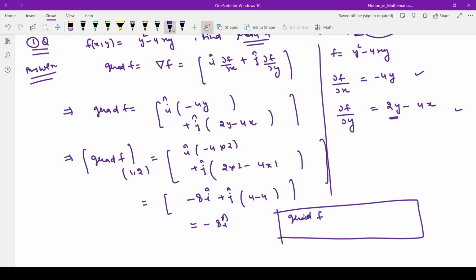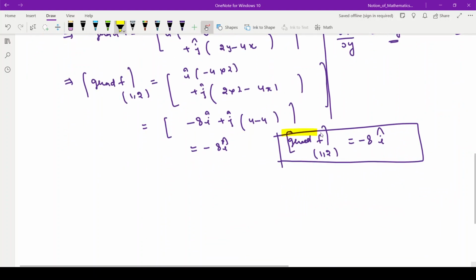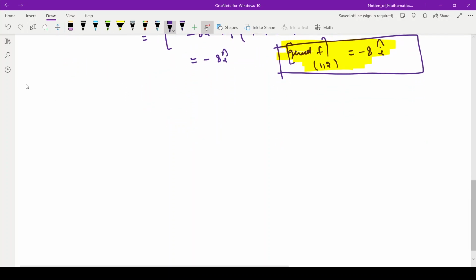The gradient of this scalar field at point (1, 2) is minus 8 i cap. So this was the first example of gradient, and this is our final answer. Now if we observe, the first question was given regarding the two-dimensional approach. What if I want to discuss one more question that is given in the